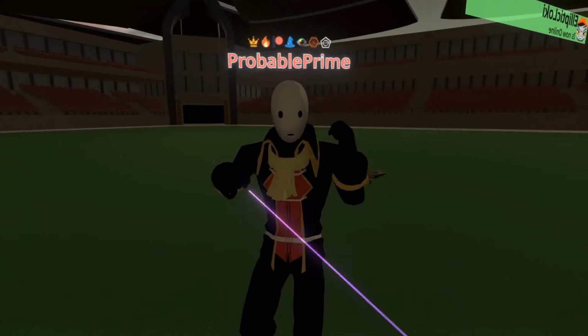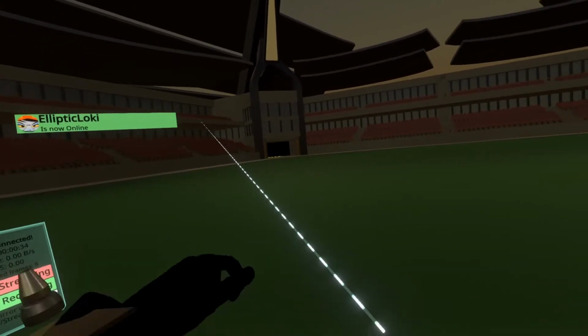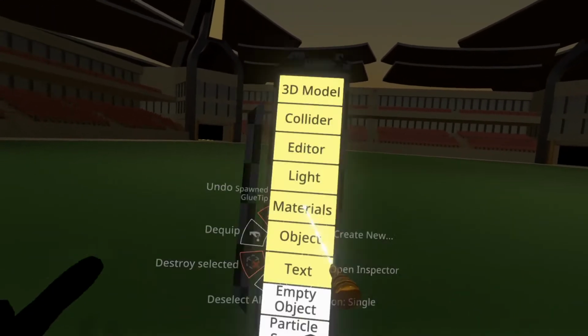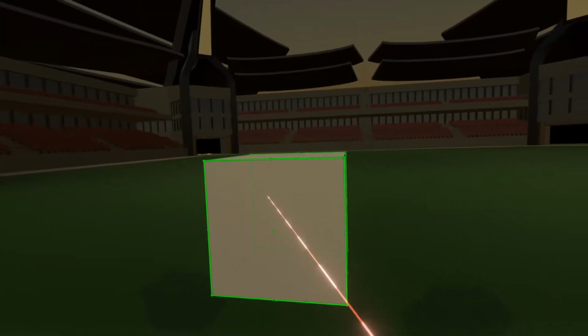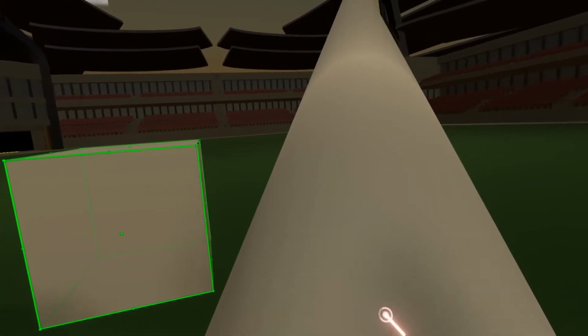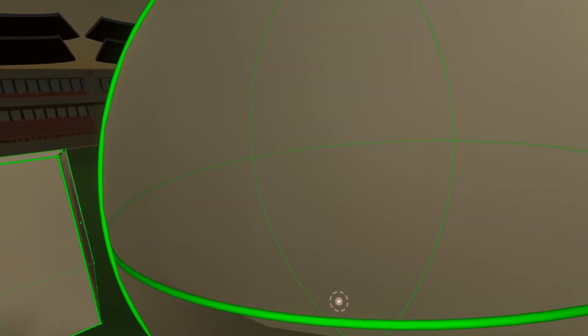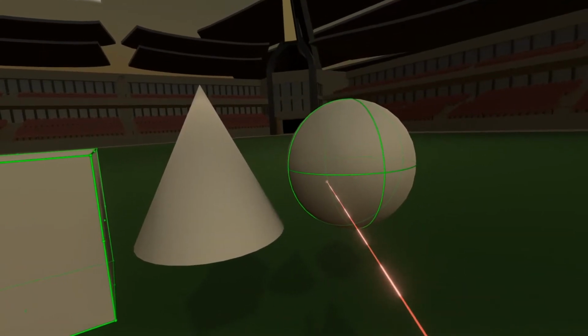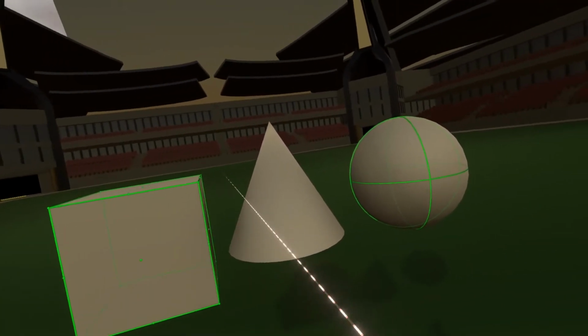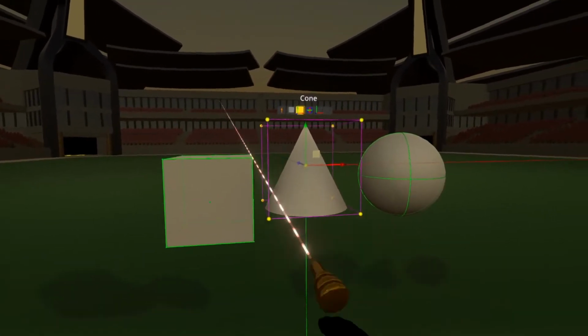I'm going to go ahead and hop into Smooth POV, and then I'm going to equip a dev tool tip here, and we're just going to make a couple of objects. So I'm going to make a box. I don't really mind what the box looks like, and then I'm going to make a cone, and I'm going to make a sphere. Now, what I'm going to do is set the cone to be non-persistent, so I can inspect the cone here,